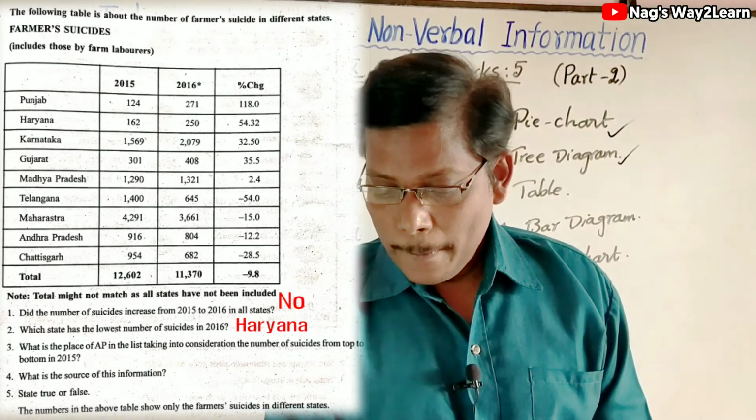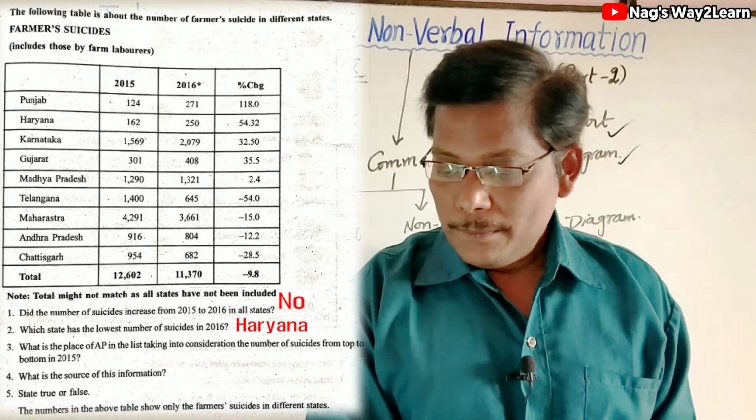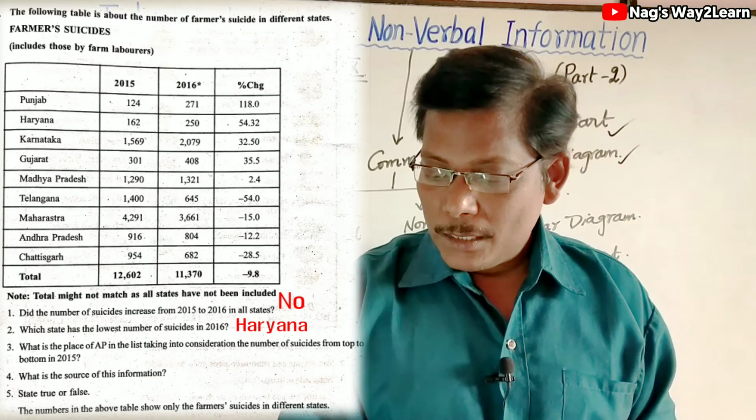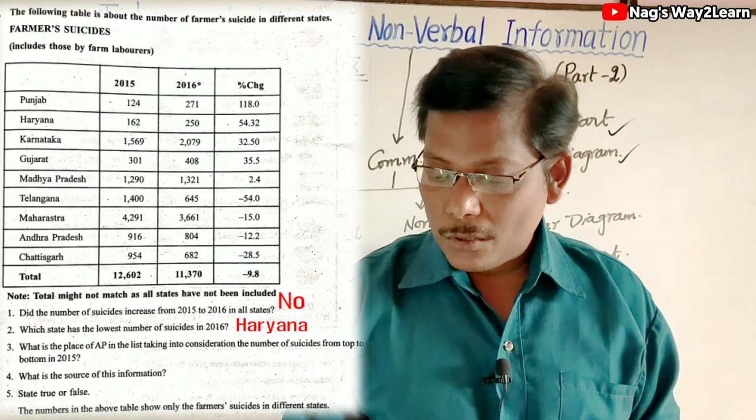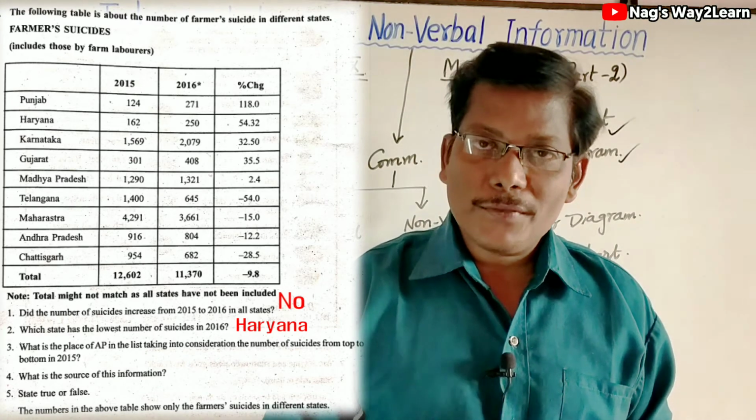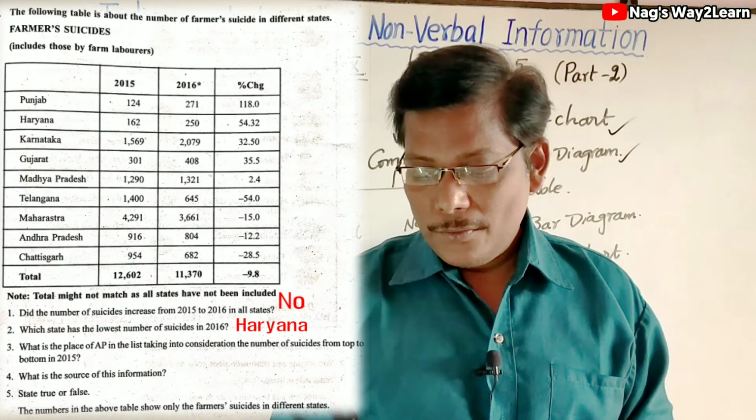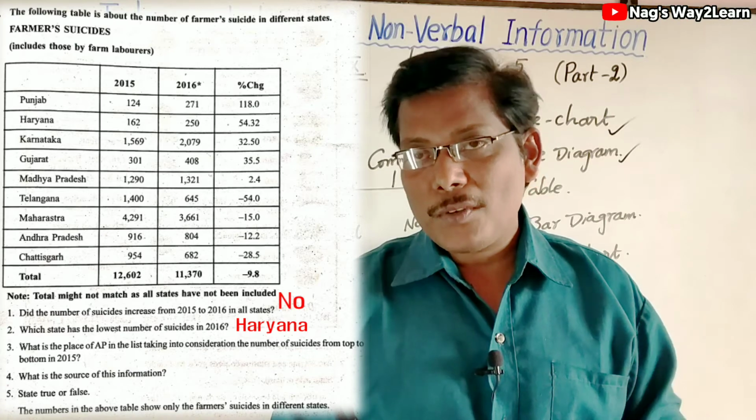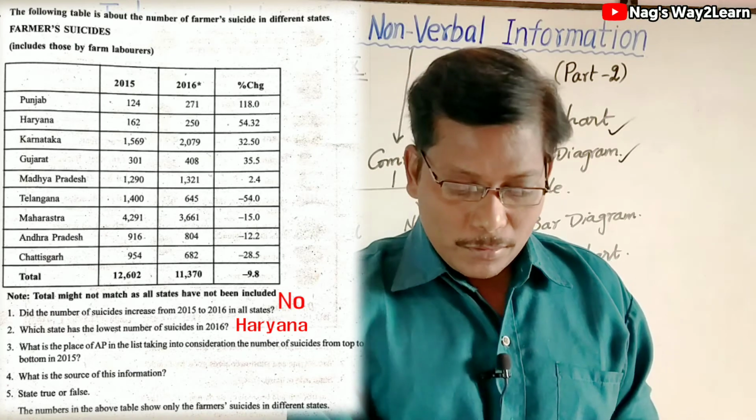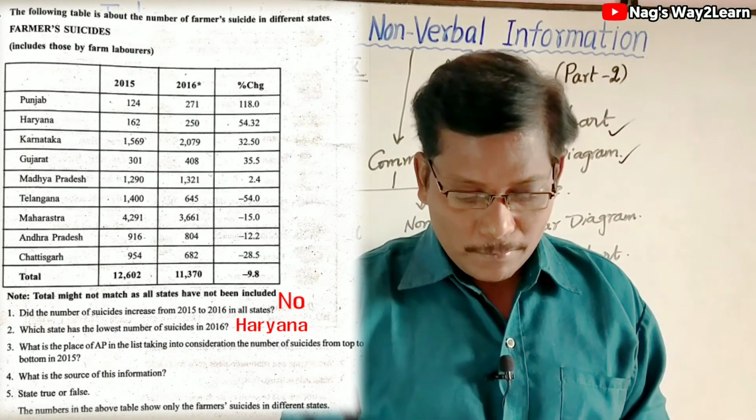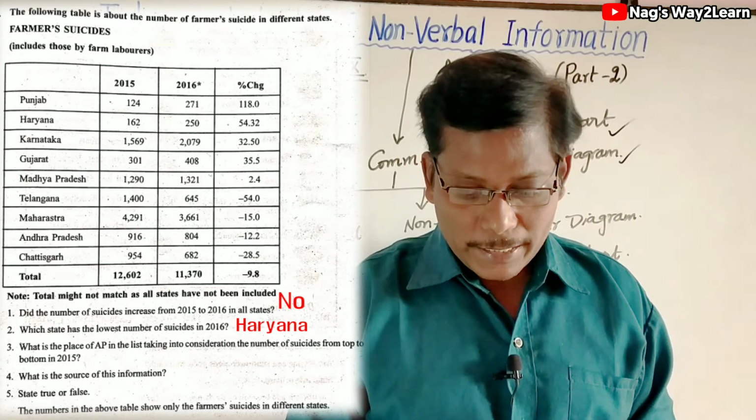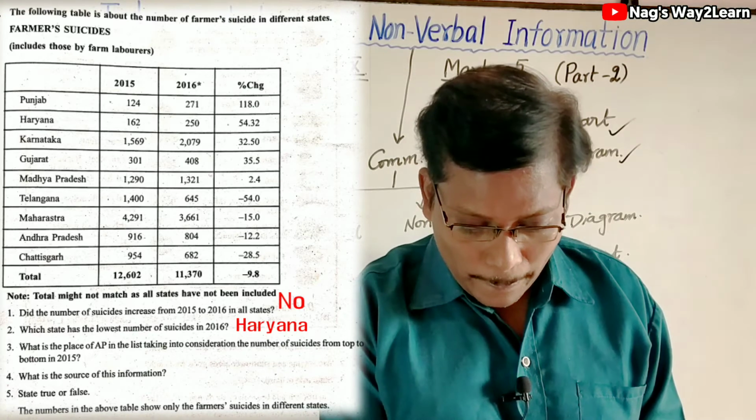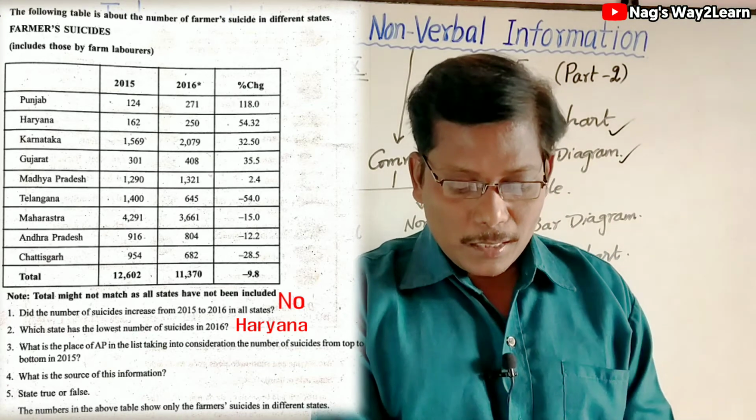Third question: what is the place of AP in the list, taking into consideration the number of suicides from top to bottom in 2015? Here we have to find the rank of AP in 2015 from top to bottom. You just see the number of suicides that took place in 2015. What is the highest number? Maharashtra